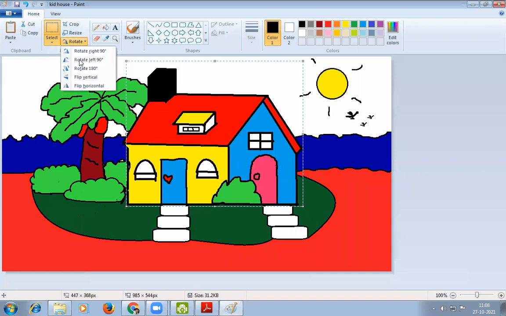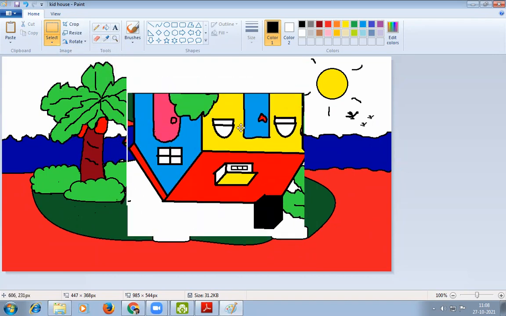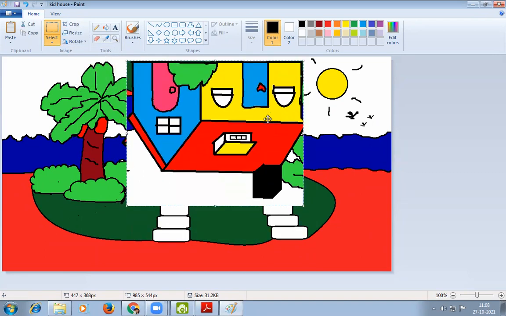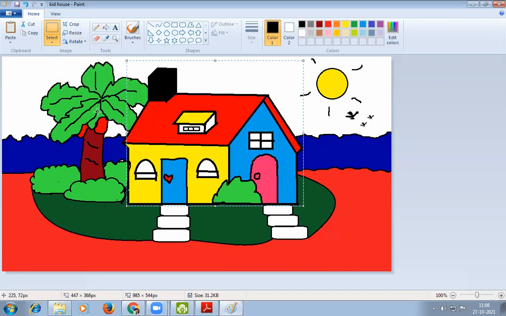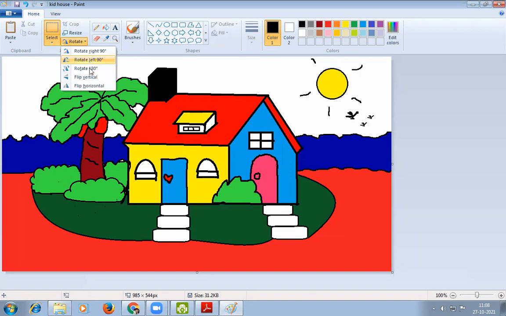Then there is another option, that is rotate 180 degree. So this one is the rotate 180 degree option. Second one, flip vertical. Okay, this one is the vertical. Okay, and then there is another option, flip horizontal. This one is the horizontal. Okay, so these are the 1, 2, 3, 4, 5 options that are given in the rotate option under the image group under the home tab. Okay,